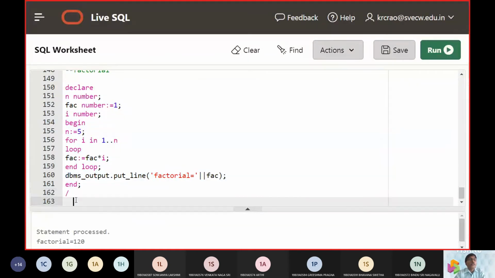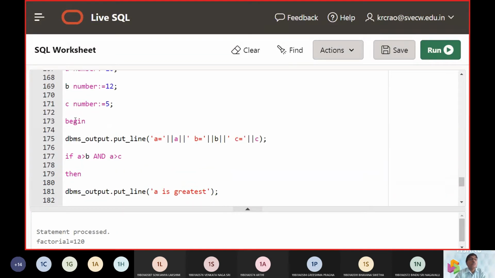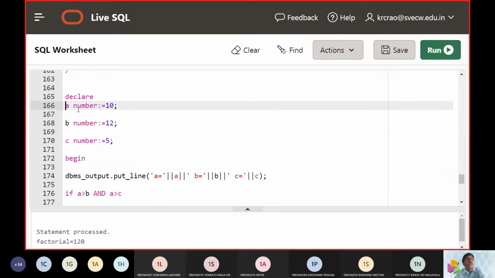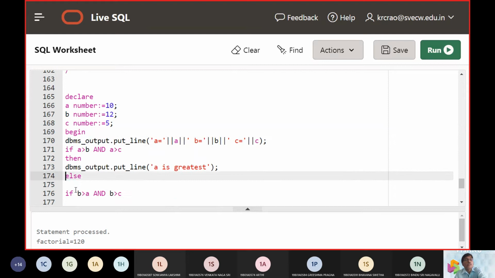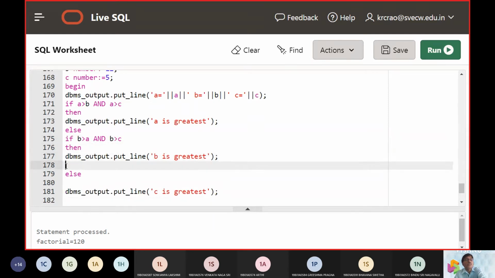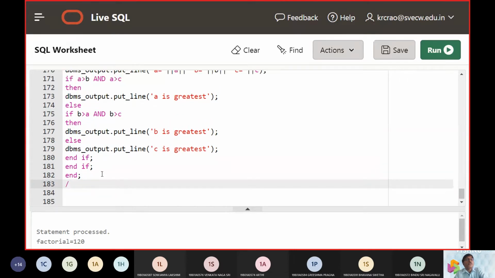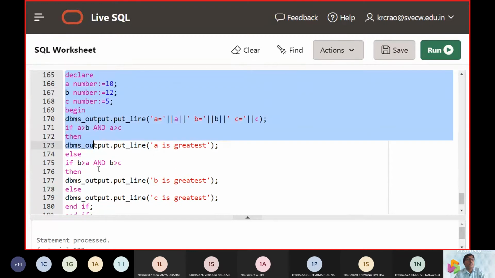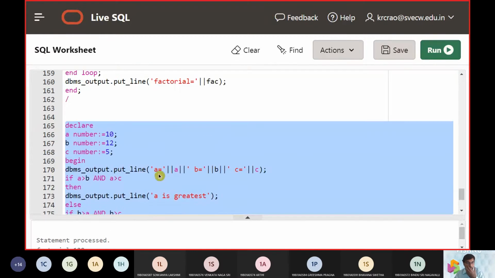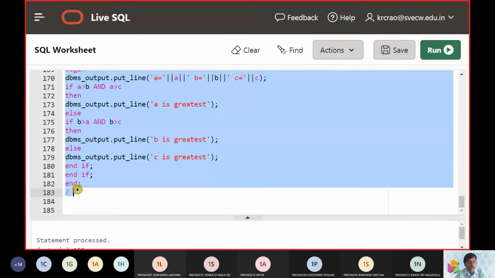So we will bring this at line number 165. At line number 165 we are bringing the contents. Now we are demonstrating the nested if structures as a PLSQL program to see how nested if works. So we made a declaration part, the PLSQL block. Next, we need to have a begin, and finally, it needs to have an end.